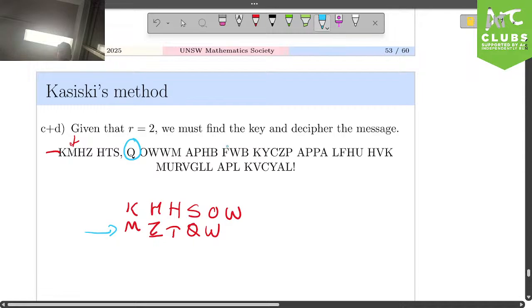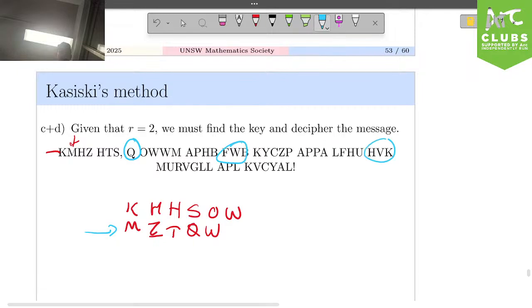So these 3-letter words are also really good to look at, because they're probably like "the" and "and" or something like that. If you can simplify one of those down to a "the", that's really good. So maybe an "and". Really, all I can tell you is look at the single letter words, look at the 2-letter words, and try to figure out what you can by guess and check. There's nothing more I can tell you.